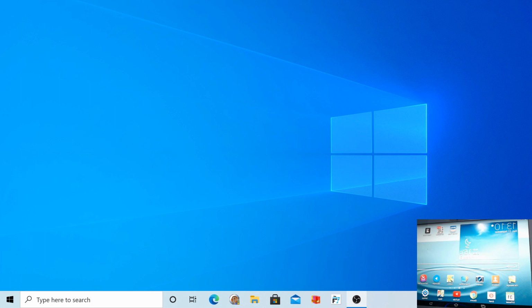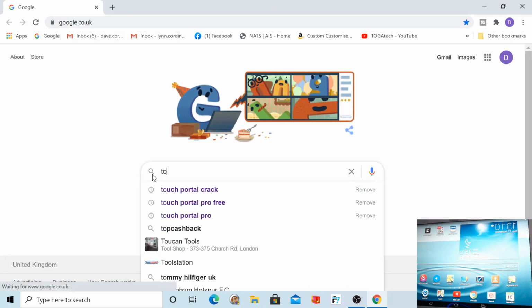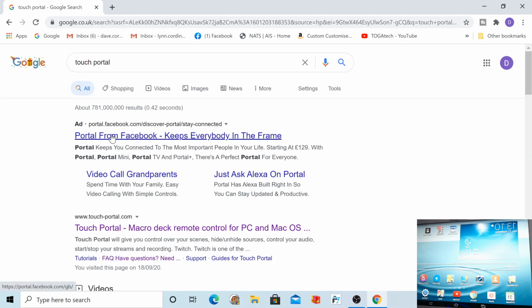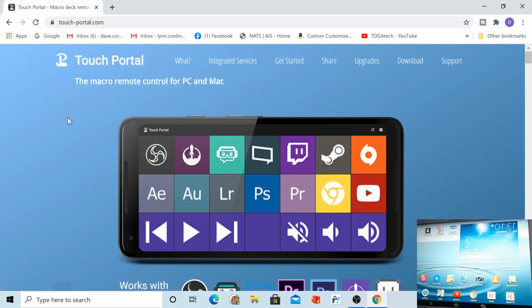It's based on the Stream Deck system, but instead of using Stream Deck, I've got a piece of software called Touch Portal. Now if we just open up our browser here and we type in Touch Portal, and you can go on to their web page here, touchportal.com, and it's this piece of software, and what it does is it